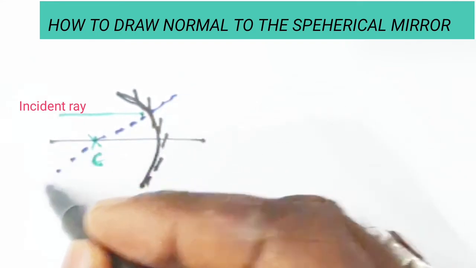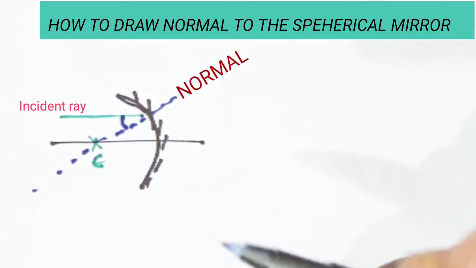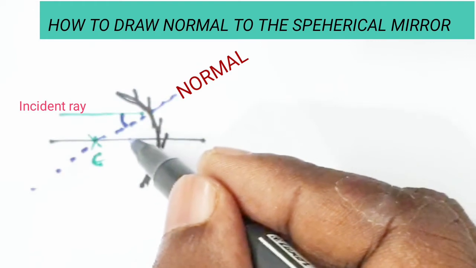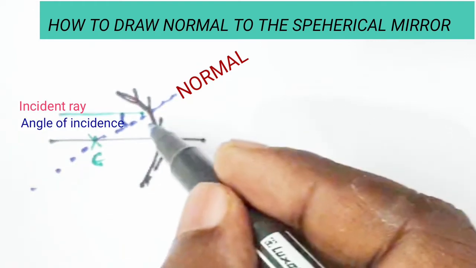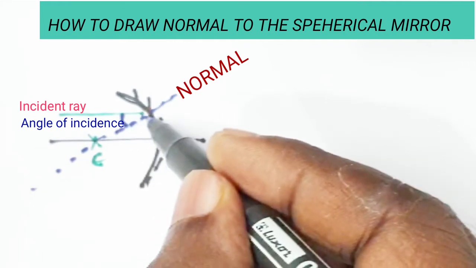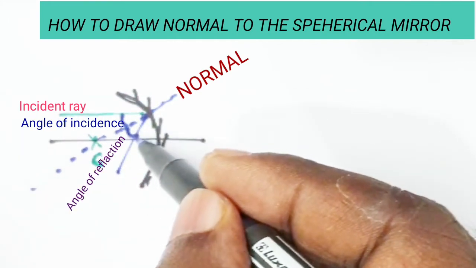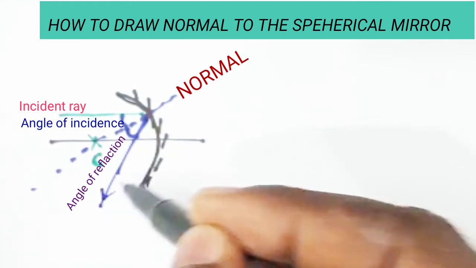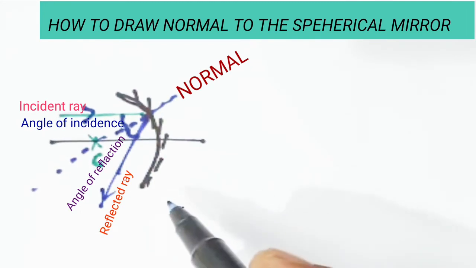Yeah, here I have drawn a normal. This is the angle of incidence. Is it clear to you? For that, as per the laws of reflection, the angle of incidence must equal the angle of reflection. Then here it makes an angle, then it will go. That means whatever angle it makes here, it will also be equal. Then the ray will move in this direction. It is incident in this direction, it reflects in this direction. Is it clear to you?